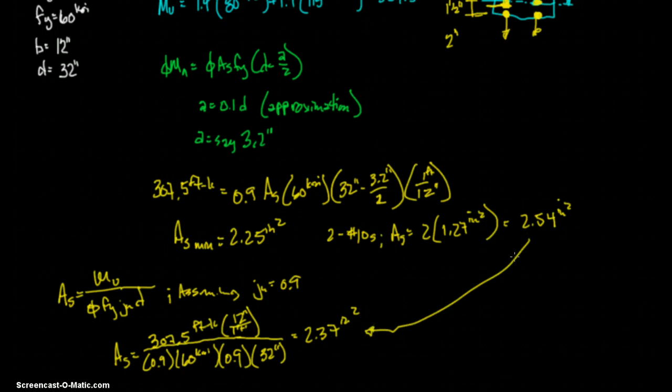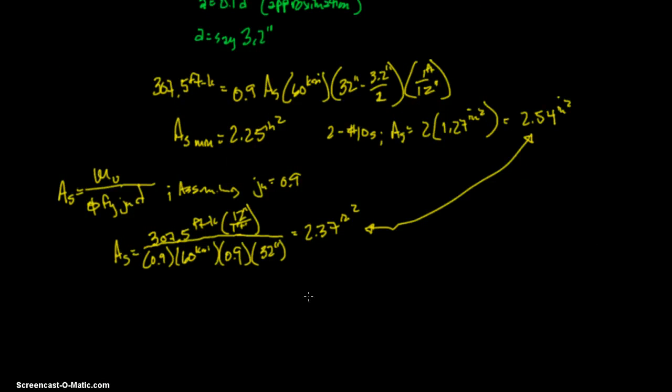And that's somewhat close to this. These are both approximations. And what you can do is you can actually go back in once you decide on your steel, and if you feel the need, you can figure out what your a is using As. You know fy over 0.85 f prime c b, and all those get you a, and then you do the phi Mn equation to get